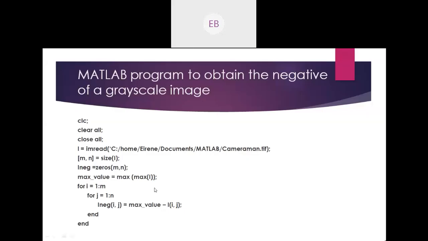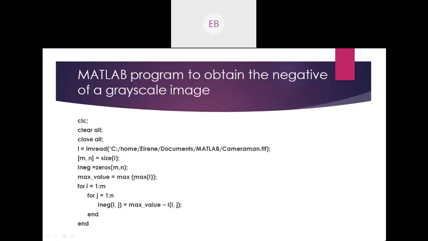Okay fine, so double max. Now here I'm talking about the maximum valued pixel, so you can ask me why I'm using max two times. I could have used max of I directly, but the purpose of using max twice is that I want the highest valued pixel present in the original image. If I had used a single max, it would have returned two things: the position of the highest valued pixel as well as its value.